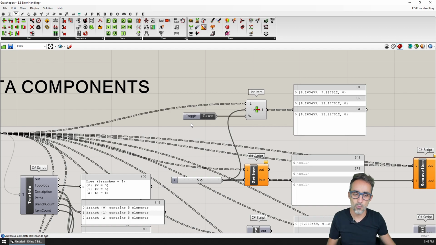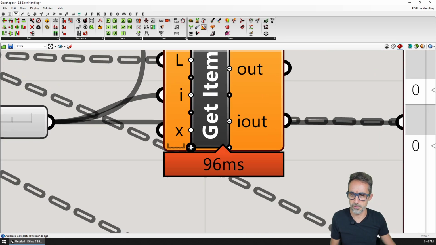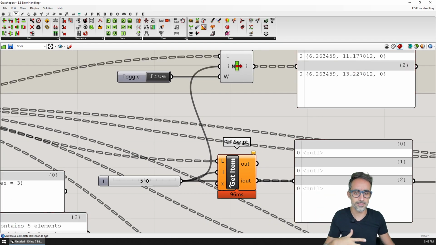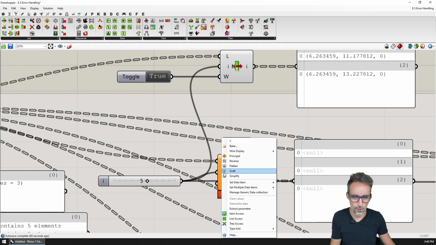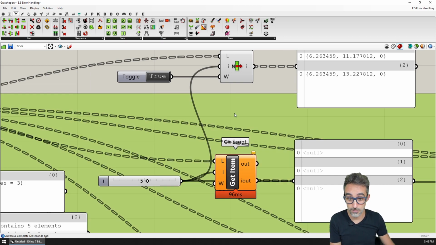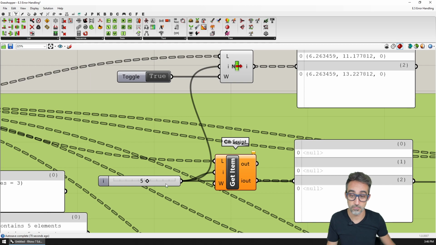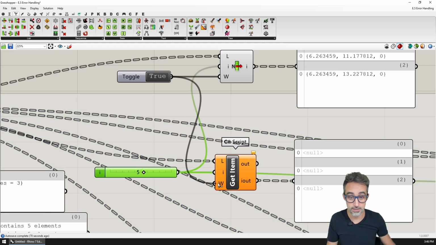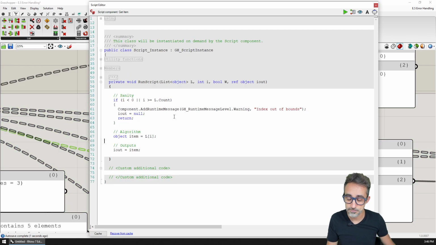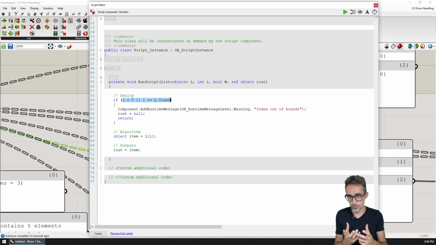Okay, so we're going to try to implement something, because why not? Is Grasshopper better than the components that we can implement ourselves? No way. So I'm going to add an input. I'm going to name it uppercase W, and I'm going to say that this has to be of the type Boolean. All right, and I'm going to plug this in here as well. And then I'm going to make a trick here. The trick is that if any of this happens, I would like to